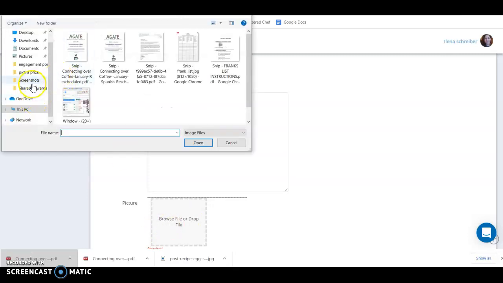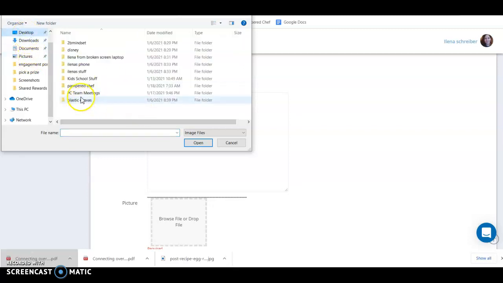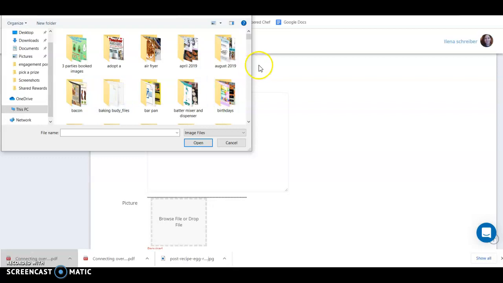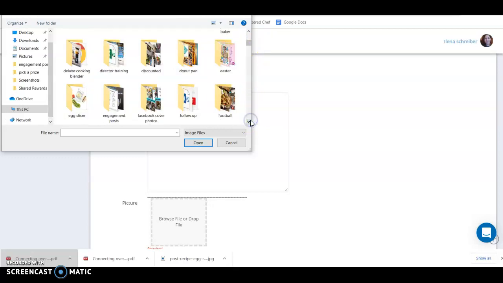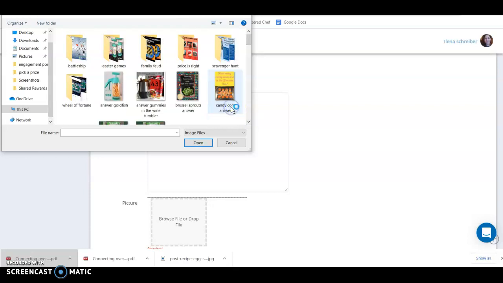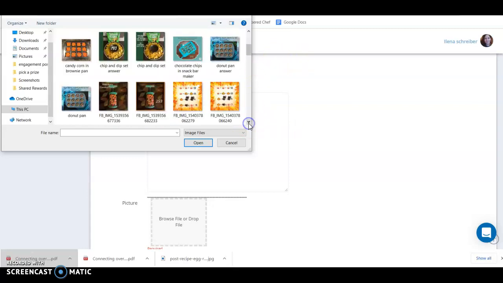So browse for your picture. Mine is going to be in desktop. Please do not follow me for organization tips. Hold on. Okay, so let's say I'm going to guess how many